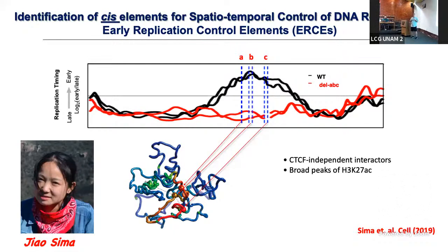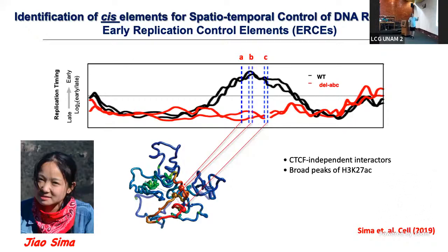But at a certain point when she had made dozens and dozens and dozens of deletions, the data just made no sense whatsoever. So we were kind of at a stuck point because all we had was partial effects, reproducible partial effects, the worst nightmare of any graduate student, right? So what we reasoned was that, well, we know replication is related to the 3D organization of chromosomes. So let's get the highest possible resolution 3D structure of this domain. And then let's see what it looks like.